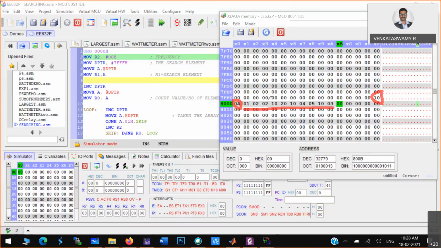So you can see here in this array, 10 is repeating 3 times. Okay, 3 times it is repeating. So it has to count this 3 value, and that 3 value should come after the end of the array. In here you have 0, 0, right? In this particular place, this 3, the count 3 should come. Okay, so that is the objective. So I know that is what this program should do. Okay, so let us run this program. Whether this is happening or not, let us check.